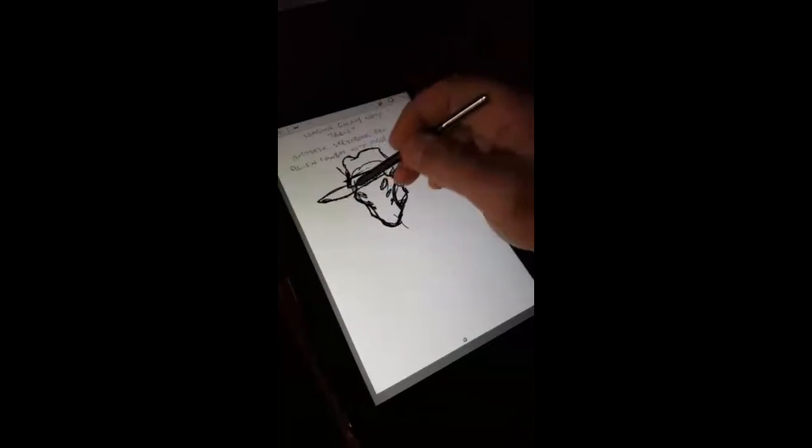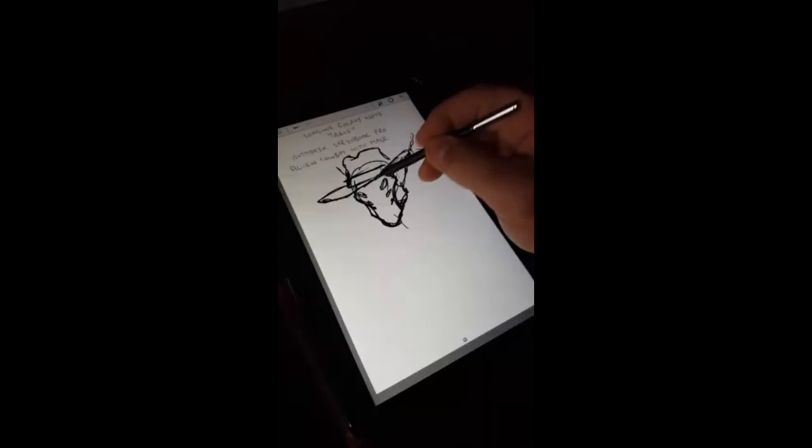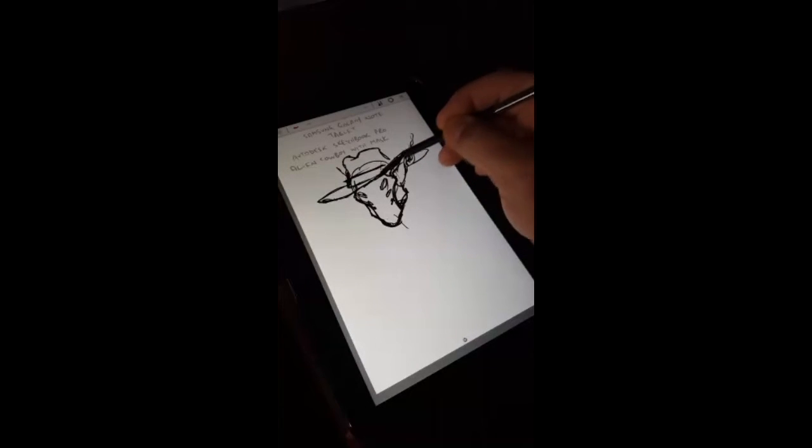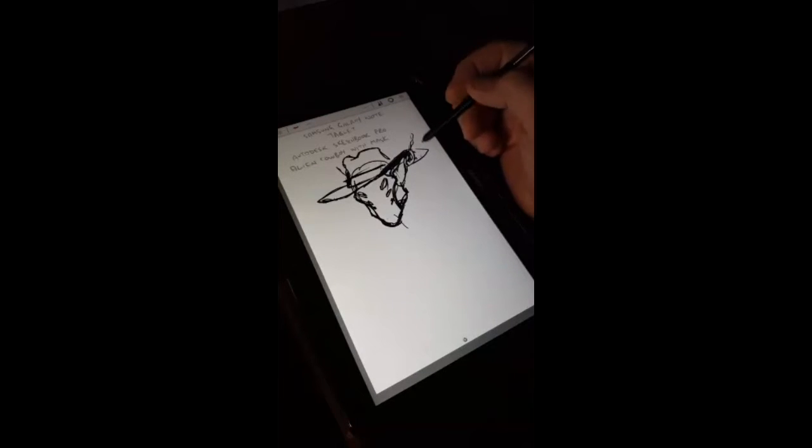One of the interesting ways to keep designs interesting is to sort of mix up